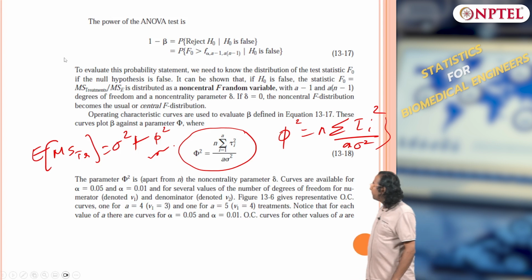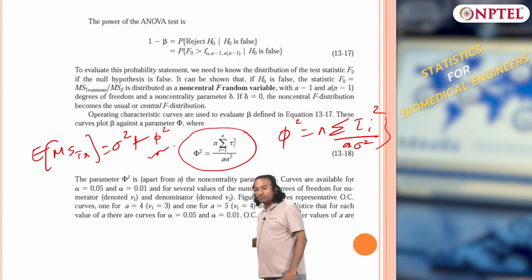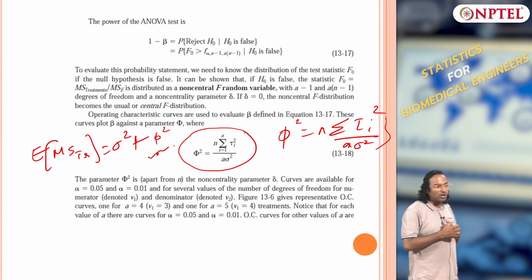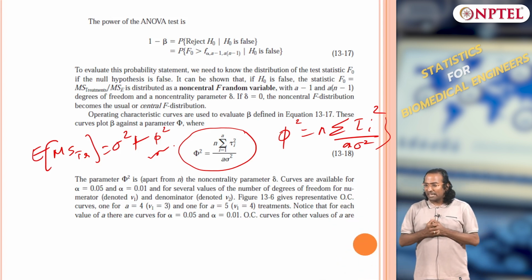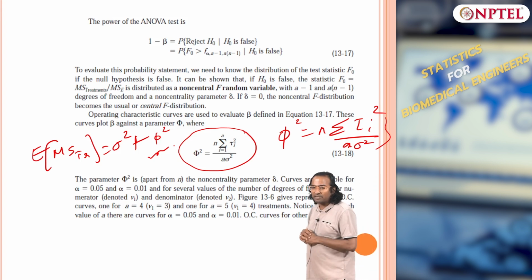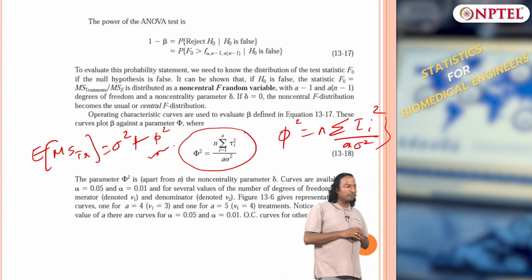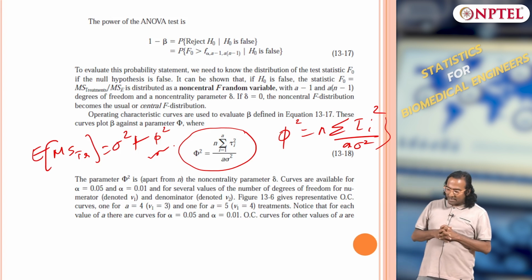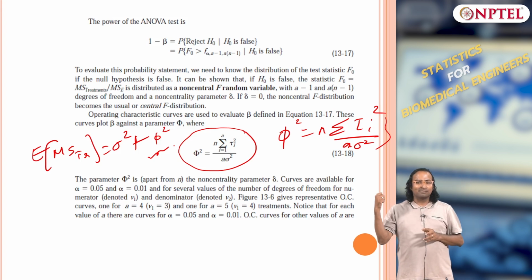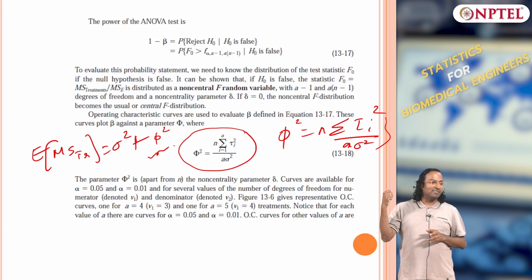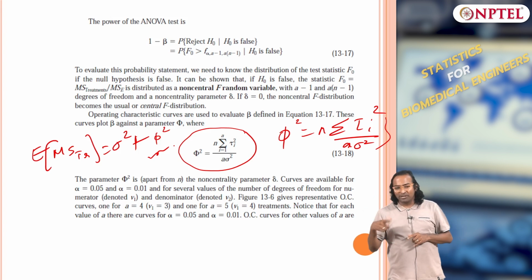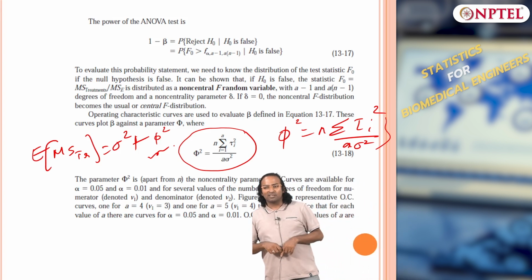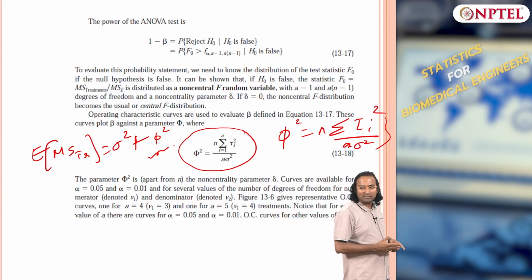So the value of phi squared is the most important component. The larger the value, the better it is, because your beta will go down. The second most important factor is n. Your beta will depend upon phi squared and that will improve upon increasing n, which is natural. If you increase n, your phi square will increase, beta will reduce and 1 minus beta will be better. Clear?